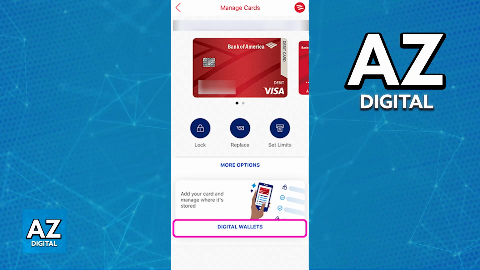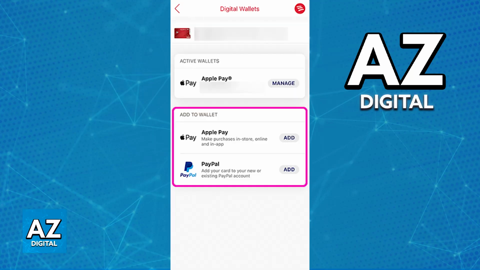When you tap on any of the cards located in this window, you will be able to see more details about the card, and if you look below it, you will find digital wallets. As you can see, this allows you to add your card and manage where it's stored. So when you tap on digital wallets at the bottom, you will be able to choose from the main wallets